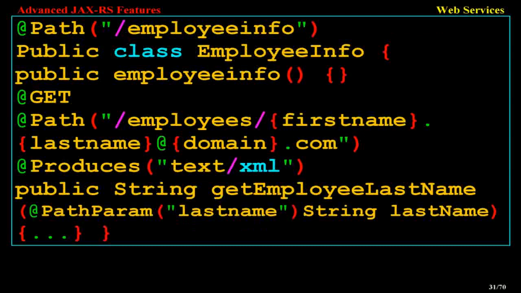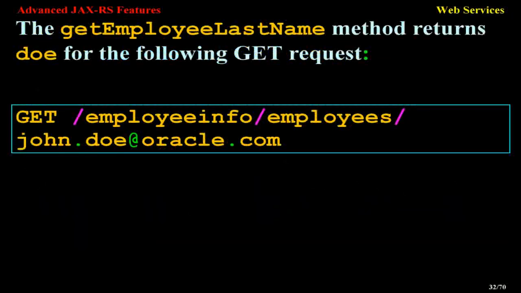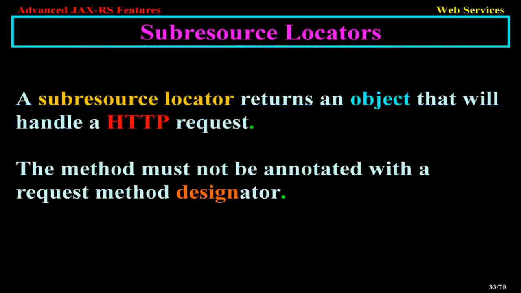@Path("/employeeinfo") public class EmployeeInfo { public EmployeeInfo() {} @GET @Path("/employees/{firstname}.{lastname}@{domain}.com") @Produces("text/xml") public String getEmployeeLastName(@PathParam("lastname") String lastName) {...} } The getEmployeeLastName method returns Doe for the following GET request: GET /employeeinfo/employees/John.Doe@oracle.com